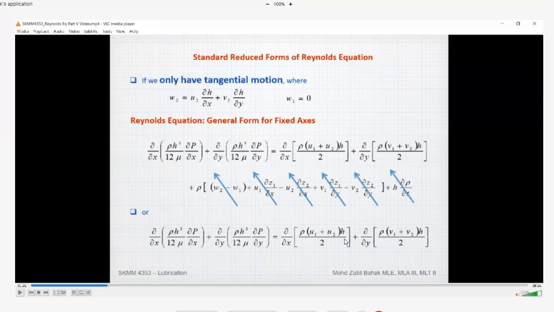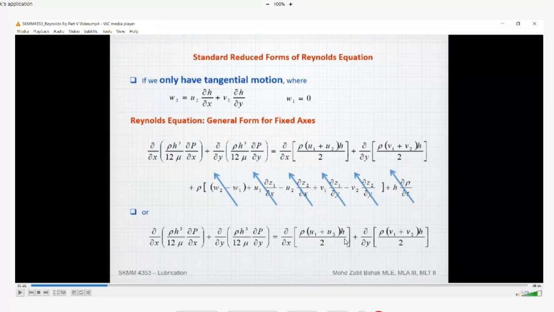Bearing, we have the housing, which we can say is in static condition, while the bearing itself, they have the ability to float. When it is to float, it means it will move in the z direction. So in this case, we make the assumption that